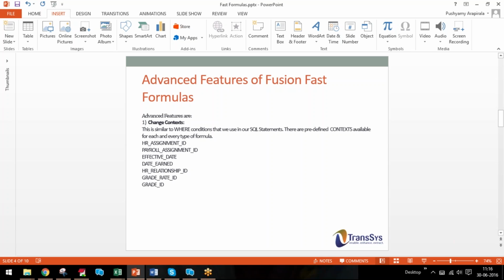Okay, so for a certain salary change or any certain calculation or any accrual, we want to calculate based on the grade of an employee as of the beginning of the year. There can be multiple changes in the grade, but we want the calculation to happen only based on the grade where the employee is in at the beginning of the year. Then what we can do is we can explicitly